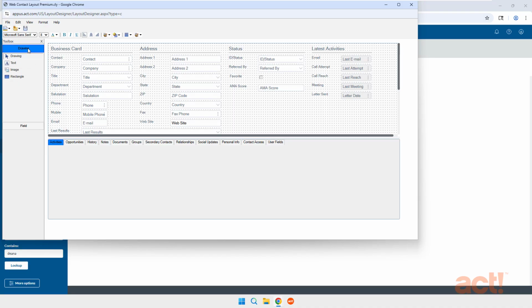First, there's the Drawing section, which lets you add text, images, or even rectangle objects around your fields. Second, the Field section lets you add fields from your database to your layout. Remember though, you must create the fields first before you can add them here. It's always important to click the Save button at the top, which will refresh your screen to see the changes